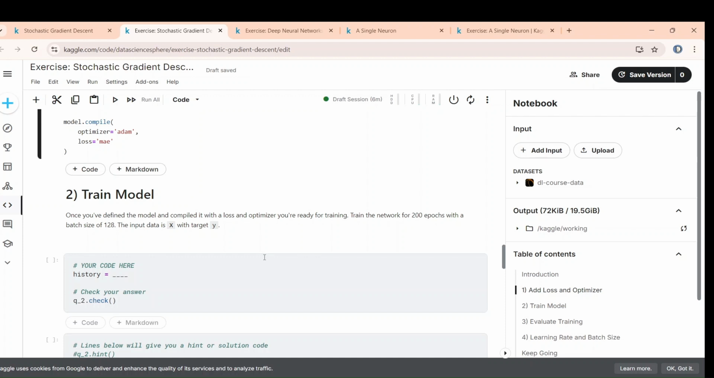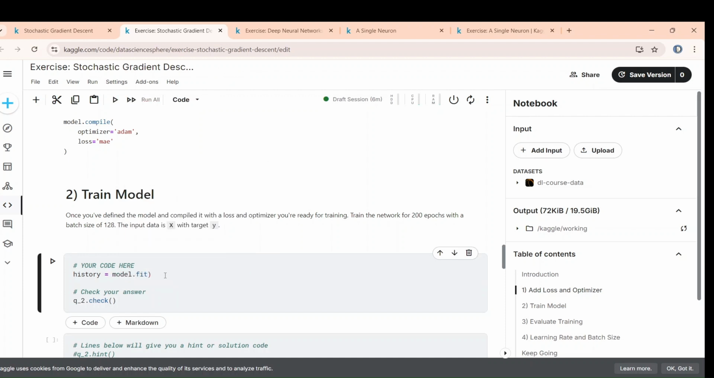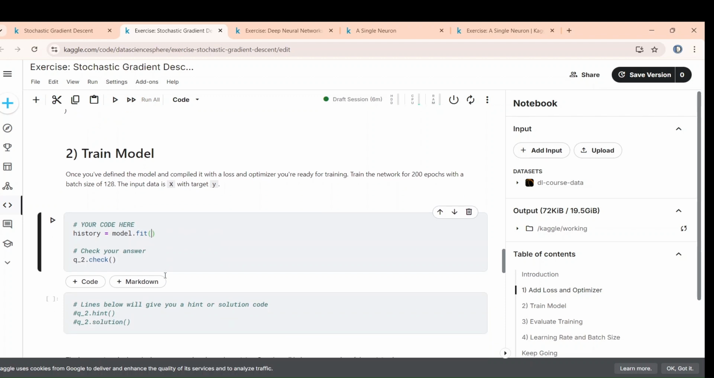So, now you have to use model.fit. Inside that, what is the input data? X. What is the target value? Small y. Then comma, batch size. You have to just mention it like this: batch_size equals 128, comma, epochs equals 200. Now if I run it,